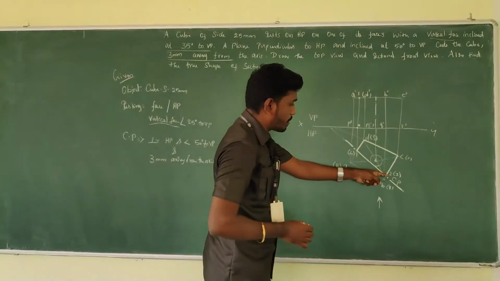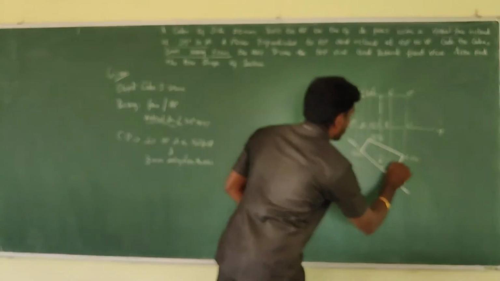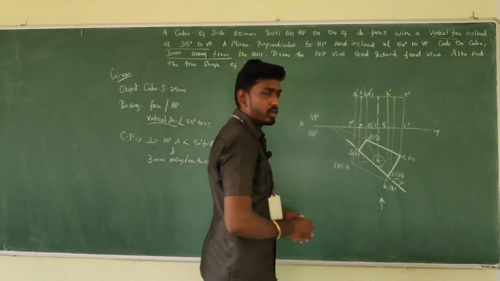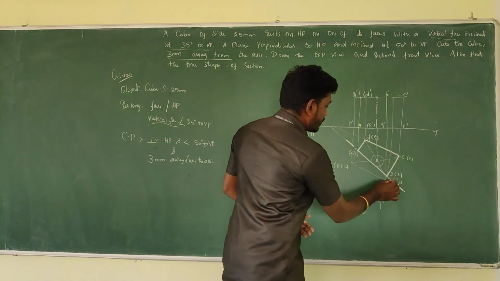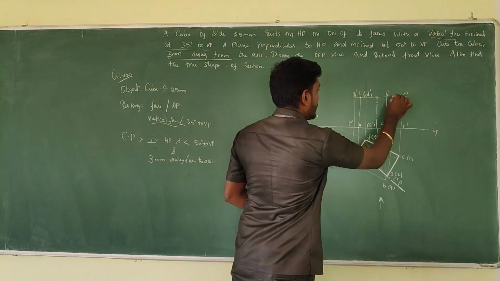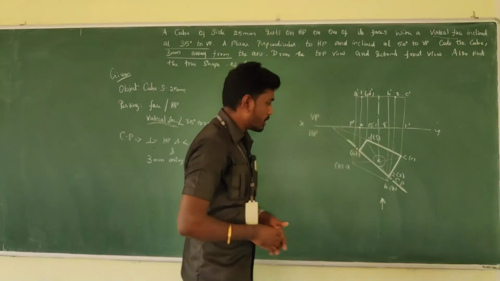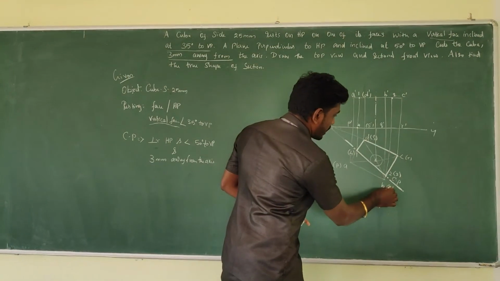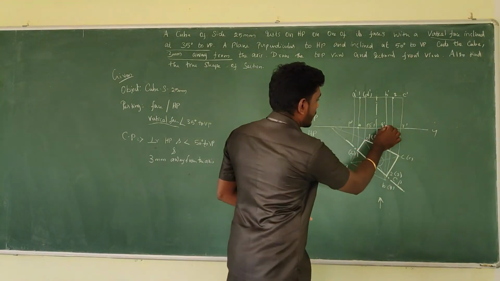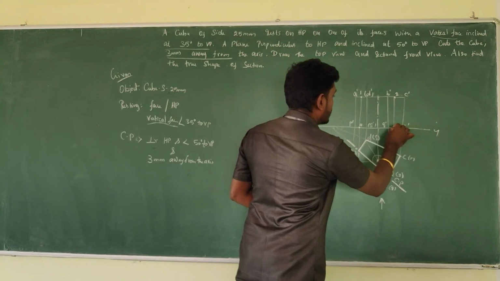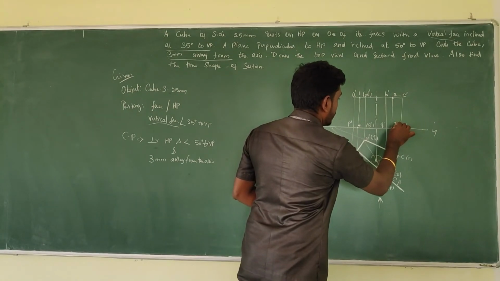And next, 2. Take the projector, and somewhere here you will get it. So 2 is between B and C. B and C are here, so this will be your 2. Where is 3? It is between Q and R. Where are Q and R? Here is Q and here is R. So this intersection point will be your 3.